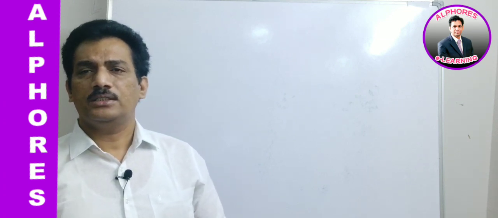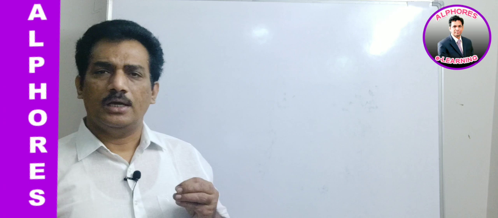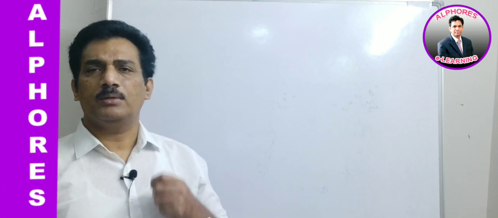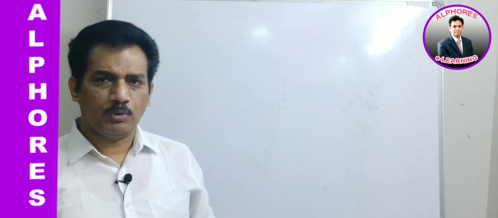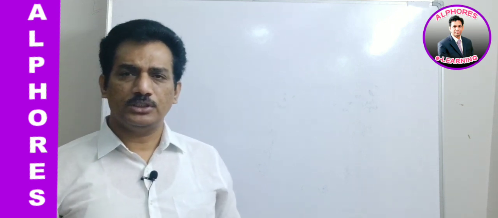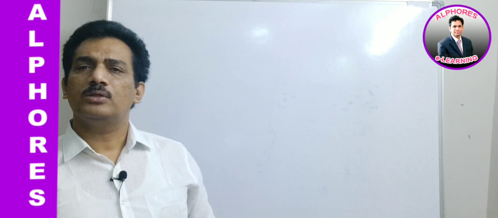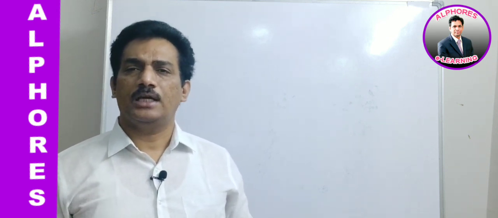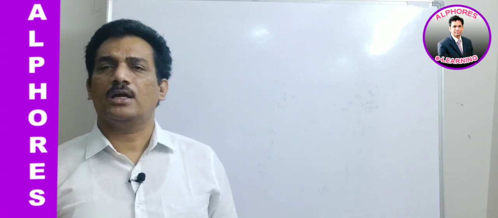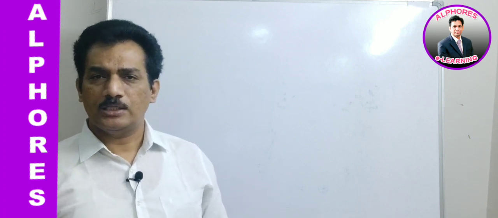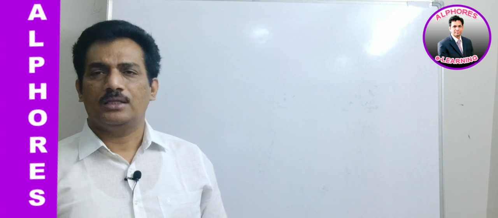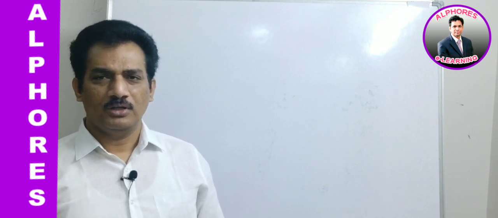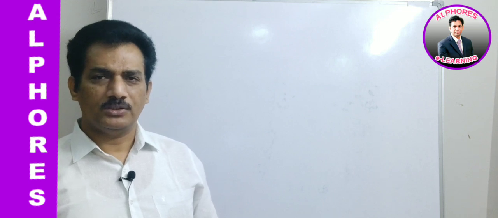In previous sessions we discussed the analysis of cubic unit cells, and there we discussed the contribution of the lattice points from different positions to the unit cell. We also calculated the number of atoms per unit cell when these different contributions from different lattice points are summed up. Thereafter I provided some numericals to you. I hope you solved them and are waiting for the solutions.